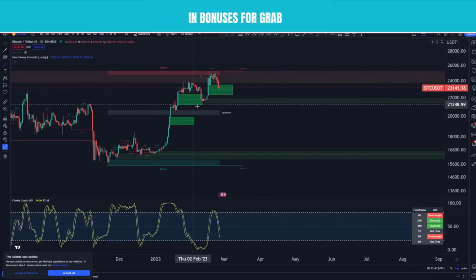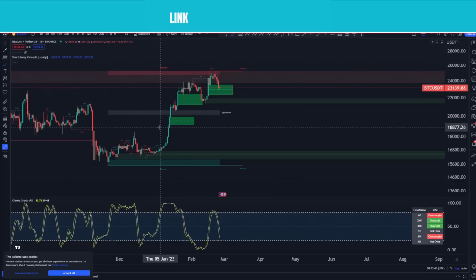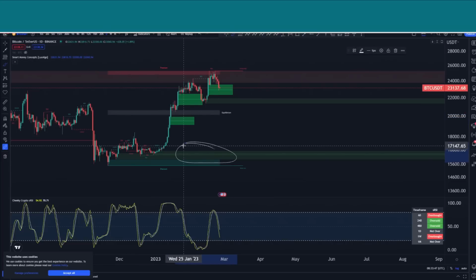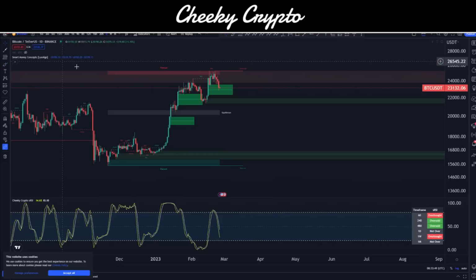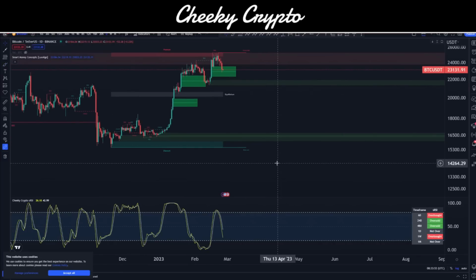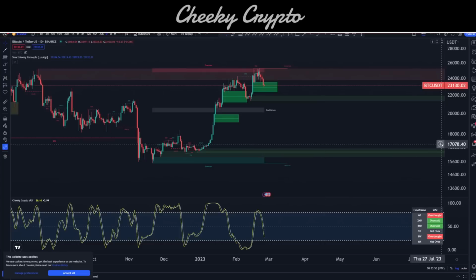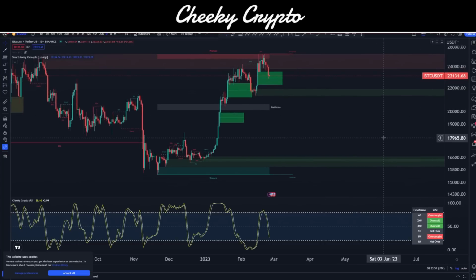And we have these fair value gaps, which I think are the ones that we're really looking to fill around 19. But I wouldn't be too surprised if we come down and test those lows. And I'm not too surprised either if we end up moving down lower, heading more towards new lower lows, because of the fundamental stuff that's going on in the real world. Everything with the economy and the state that it is in around the world, not just the US.